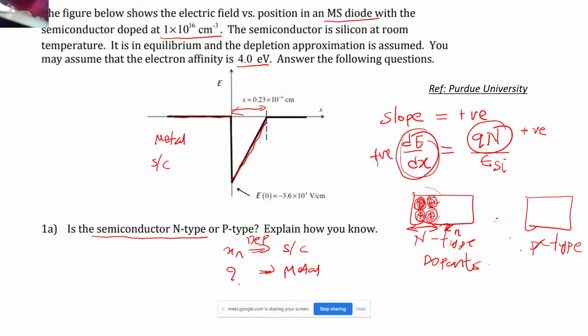There has to be some charge density. We cannot violate the charge neutrality condition. The charge density has to be present in the metal somewhere. There will be a depletion length. Okay, and how did you get that? There will be a depletion length, and what determines the depletion length actually?